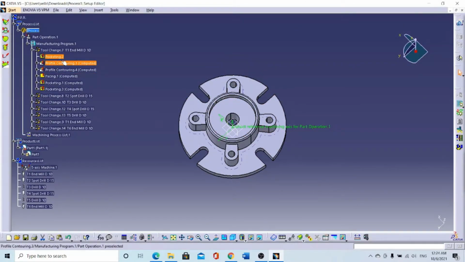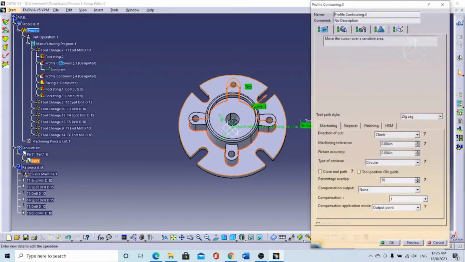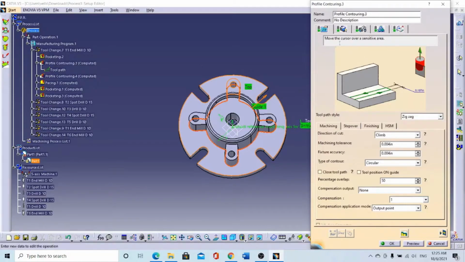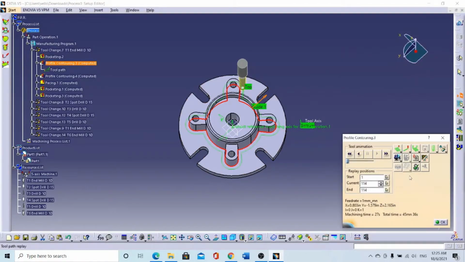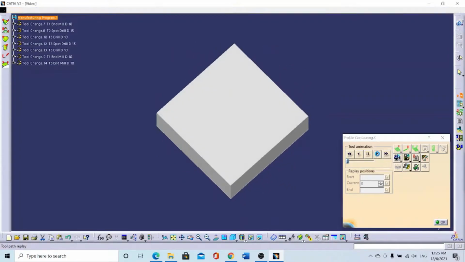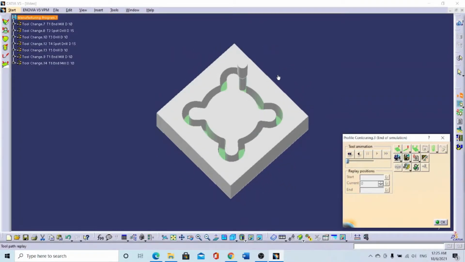Next, this step is for the profile process. Double click. Here we can see that the previous tool change and pocketing are all set up for the profile process. The tool path style we have chosen is zigzag, and the direction of cut is climb. We can run the simulation by clicking the tool path here. Just now the selected tool bit has done the outer end mill process. So click OK,